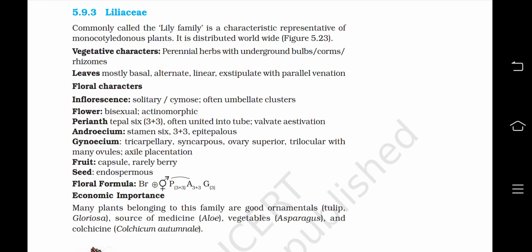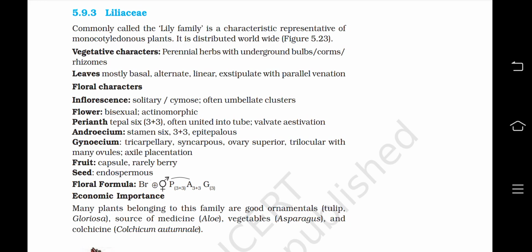Flower bisexual, actinomorphic, tepals 6, 3 plus 3, often united into a tube, valvate aestivation. Androecium stamens 6, 3 plus 3, epipetalous. Gynoecium tricarpellary, syncarpous, ovary superior, trilocular with many ovules, axile placentation. Fruit is capsule, rarely berry. Seed is endospermous. Floral formula is